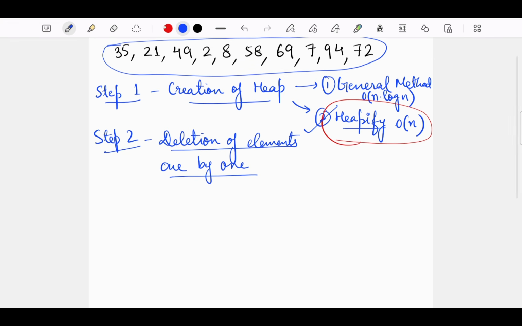Now what does heapify say? Heapify says whatever order is given to you of the elements, just create a complete binary tree with it. So this is step 1. We are using heapify to create the heap. So I am performing step 1 of heapify.